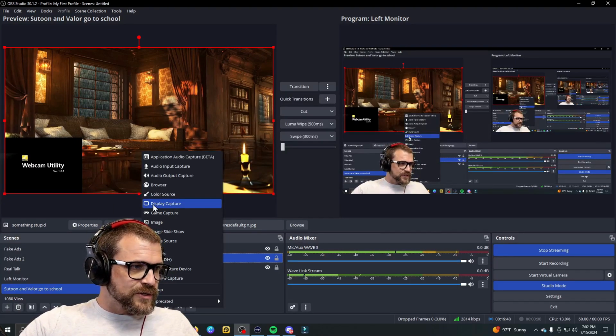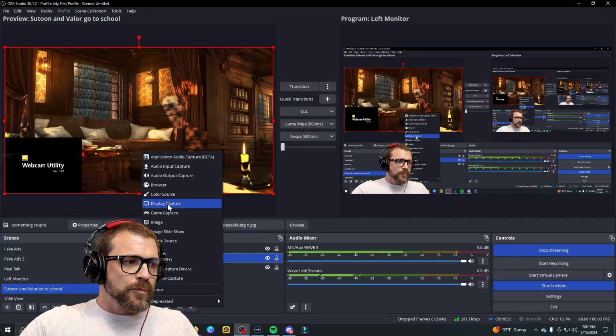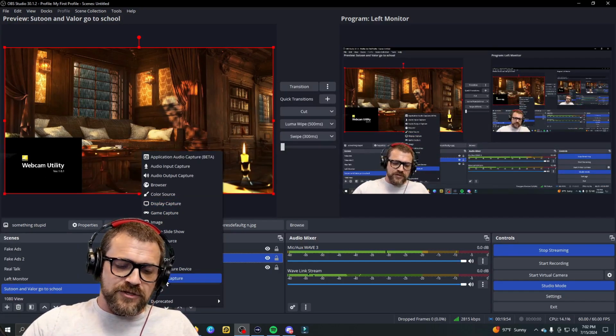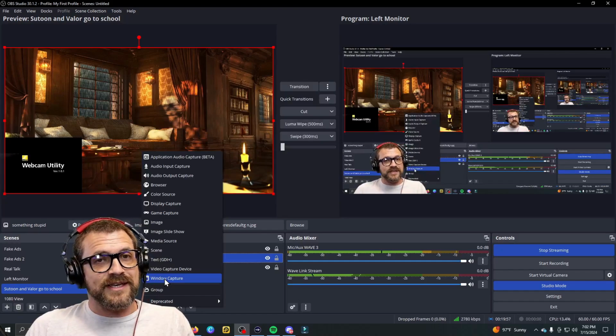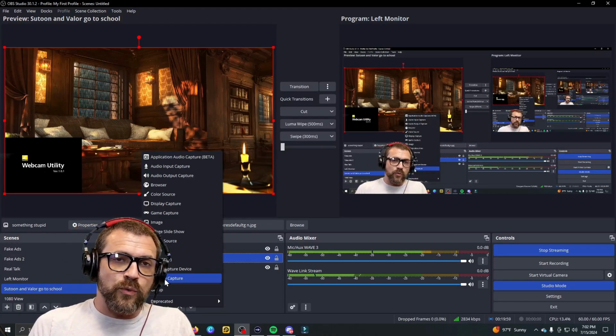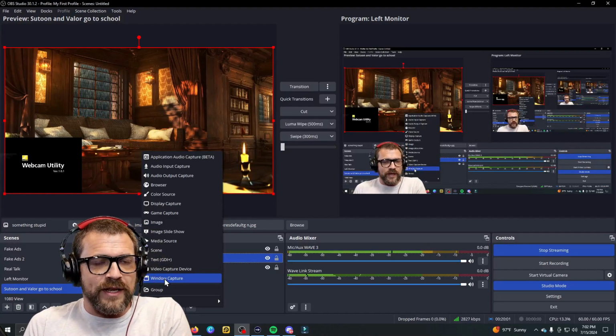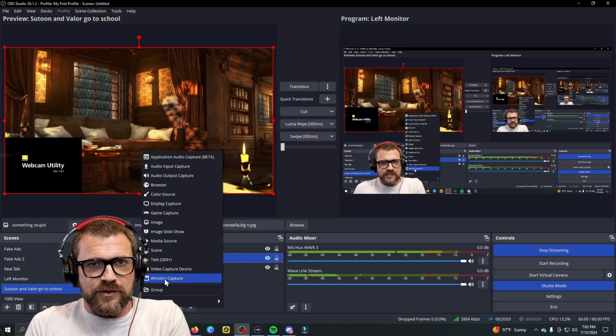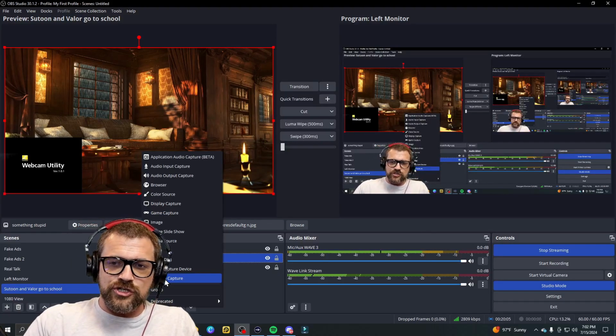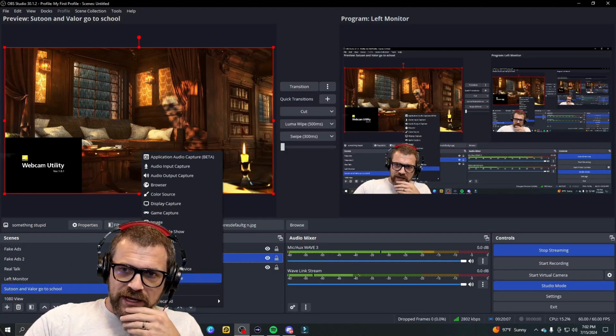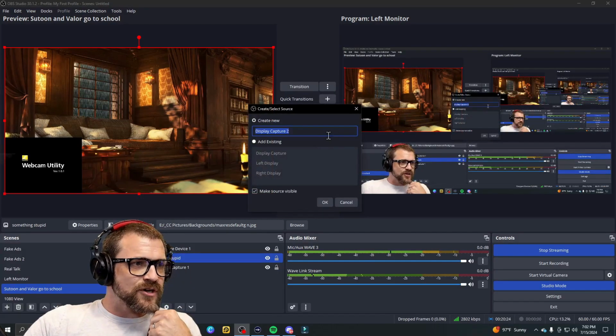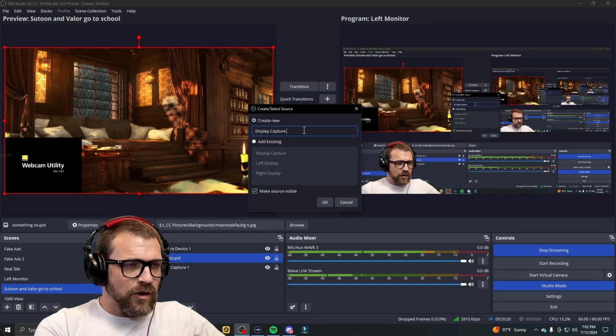So I'm going to do something slightly different. It's going to be a display capture, but you can also do a window capture. The difference is that display capture is going to get everything on the display, and a window capture will get everything in the window that's showing on the display regardless of what size that window is. So you can shrink the window down or bring them back up. All right, so we're gonna go display capture,